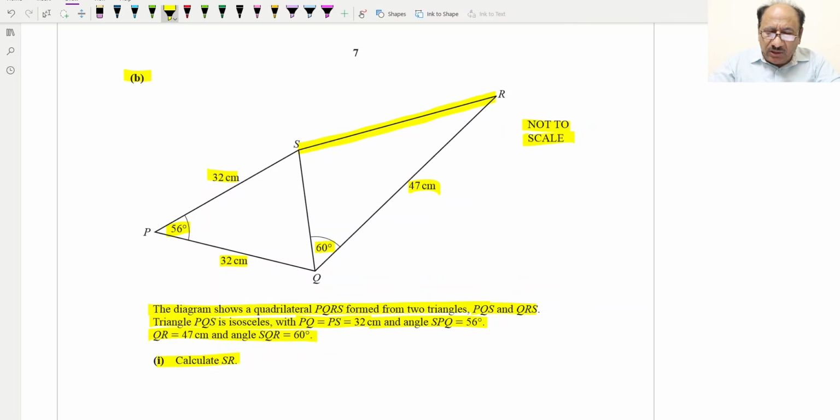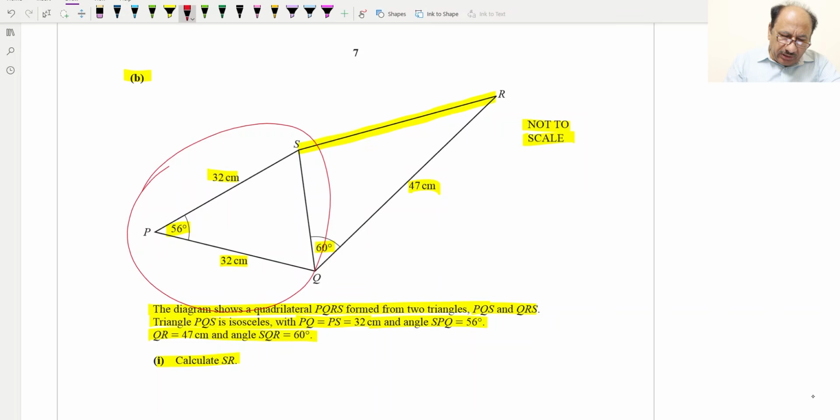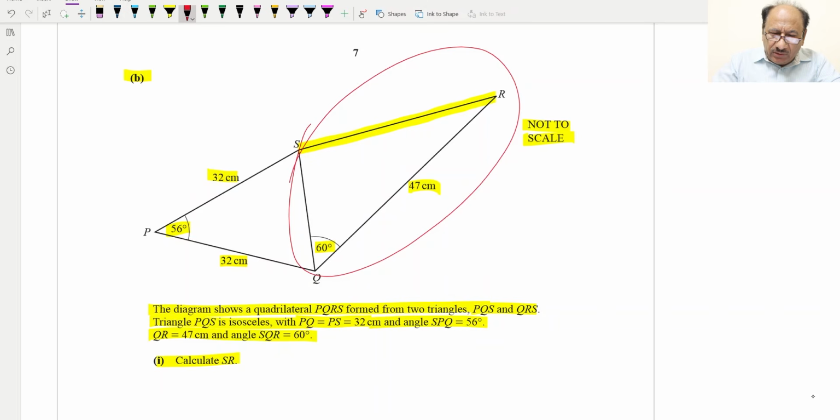When you are having joint triangles or combined triangles, you will have to start with the triangle which is having maximum information. If we check this triangle, which is PQS, it is having more information, two sides and one angle is given, whereas this other triangle is having just one side and one angle. So try to use PSQ. This will be the easier technique to solve. So we have to find basically